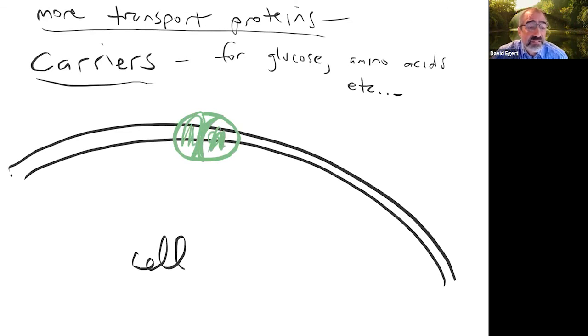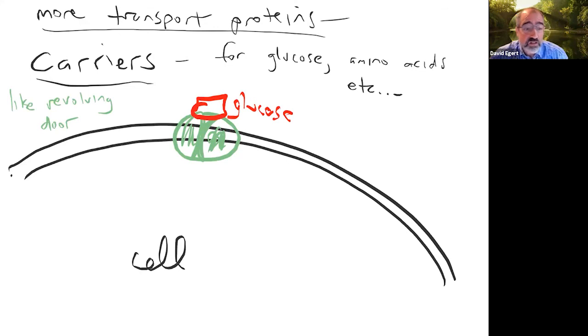The thing that's different about a carrier compared to a channel is that they're not like a tunnel. They're kind of more complicated. I like to think of them more like a revolving door. So for instance, let's say this is a glucose carrier. I might have a glucose that binds on here,